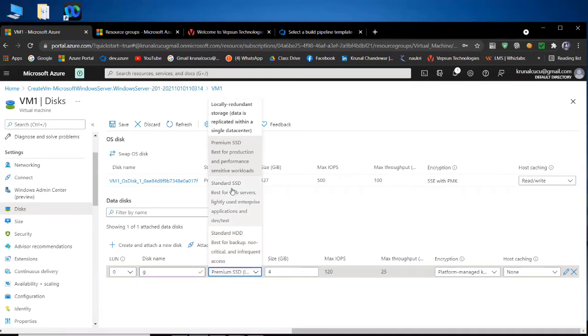they developed new hard disks, that is the standard SSD. SSD means solid state drive, and this gives you good performance.